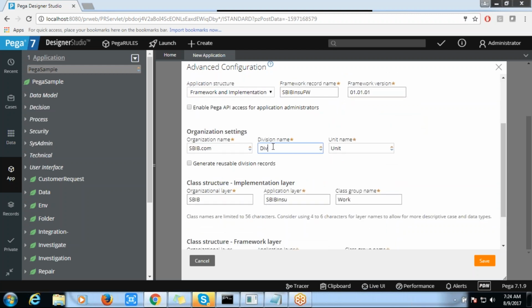So here you are going to give the name of the organization and division. If you want to change this division and name, we can change it. By default, PRPC is going to create the division as div, and the unit as unit, and the organization layer, which is going to be generated like this, and the application layer.